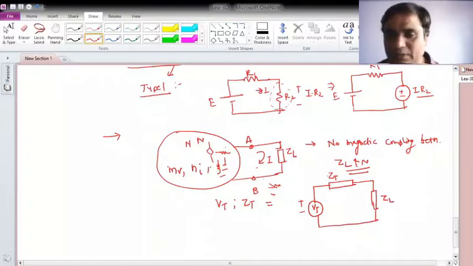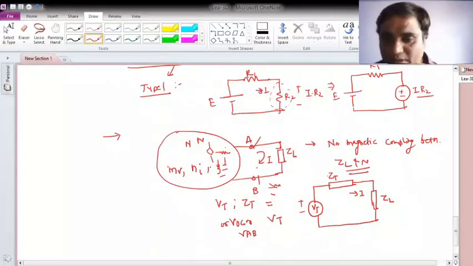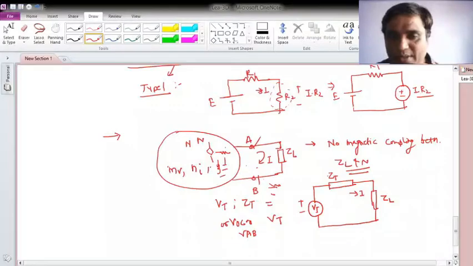Okay, and this current I can be obtained. So this Vt is my Thevenin's voltage or this open circuit voltage, or I can call it VOC, that is, if I make it open, or I can call it VAB. And ZT will be the Thevenin's impedance, and that has to be calculated by looking into the network from this